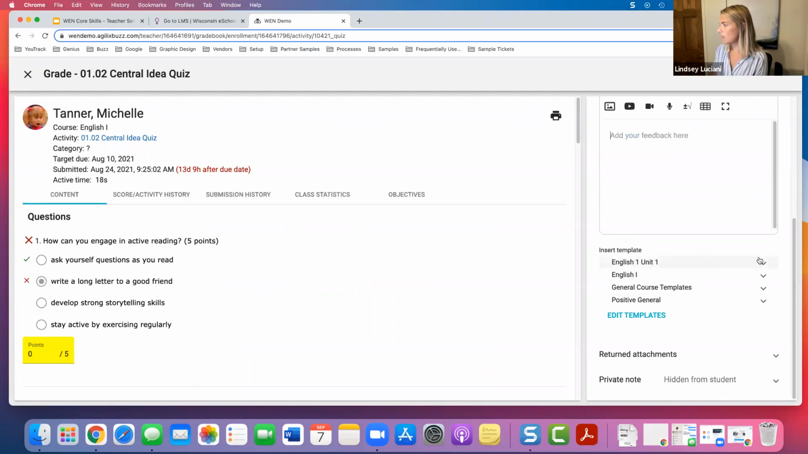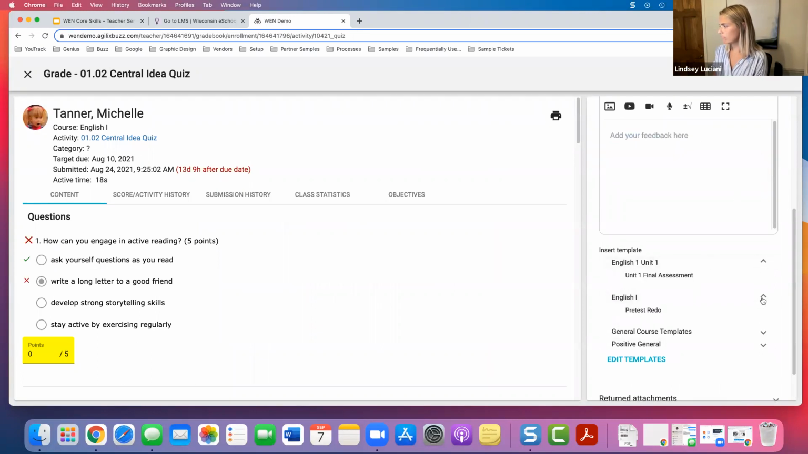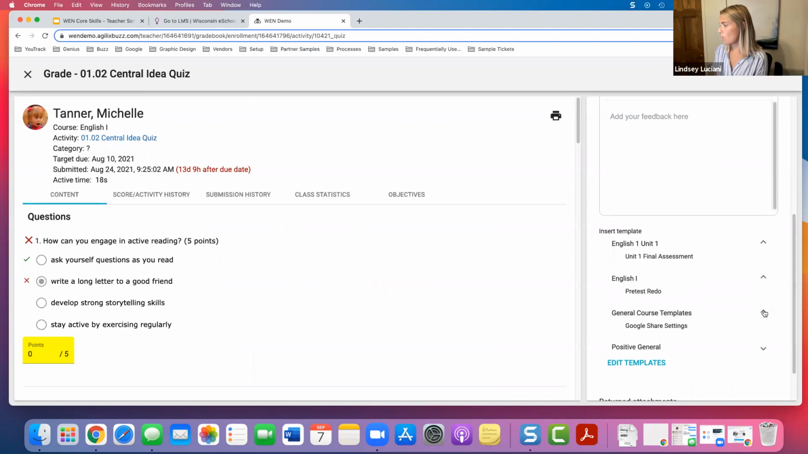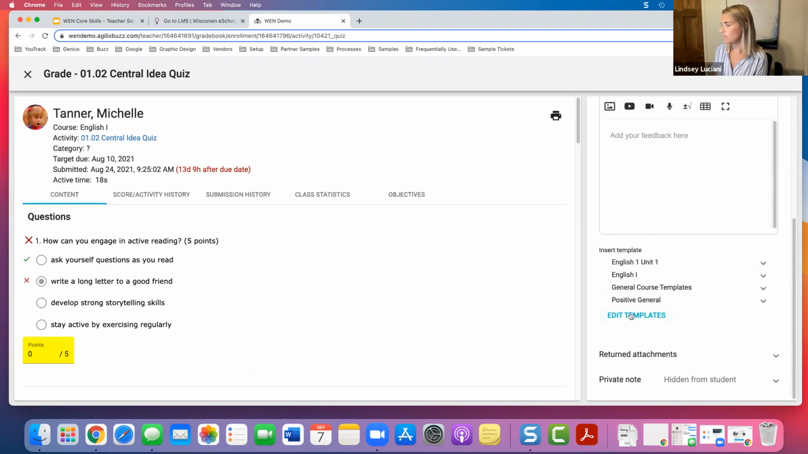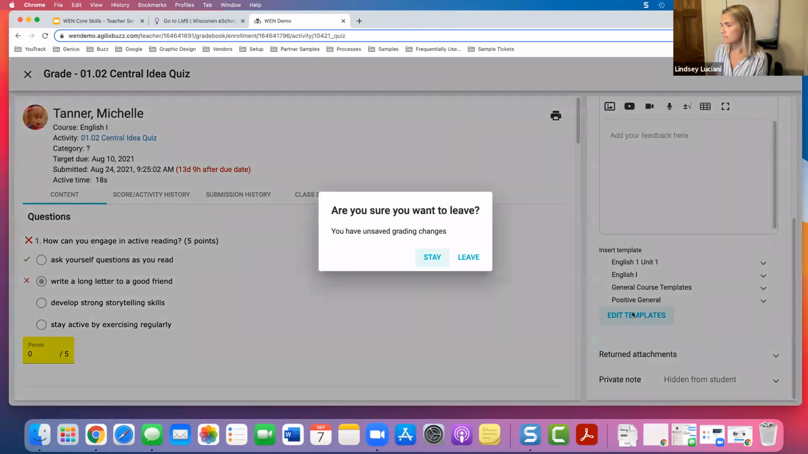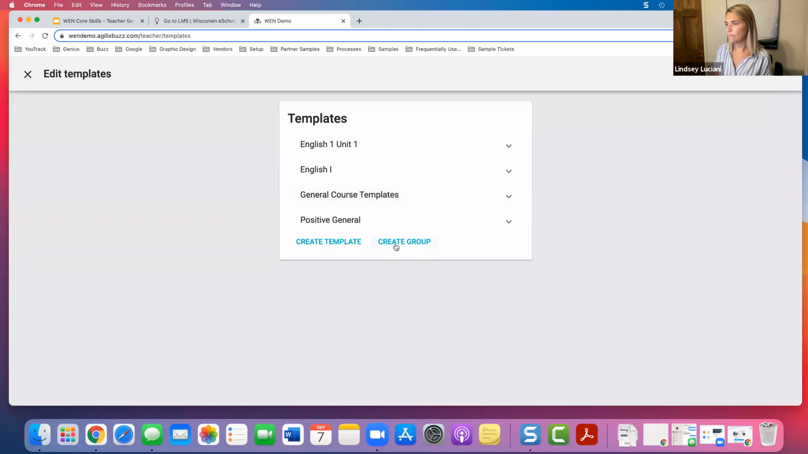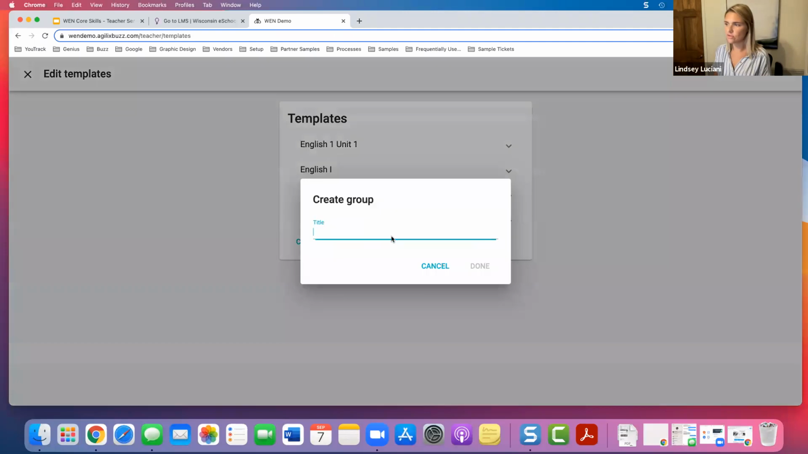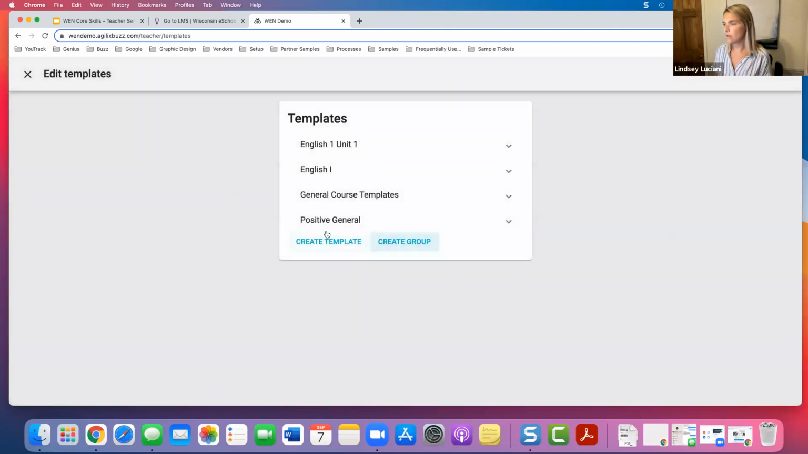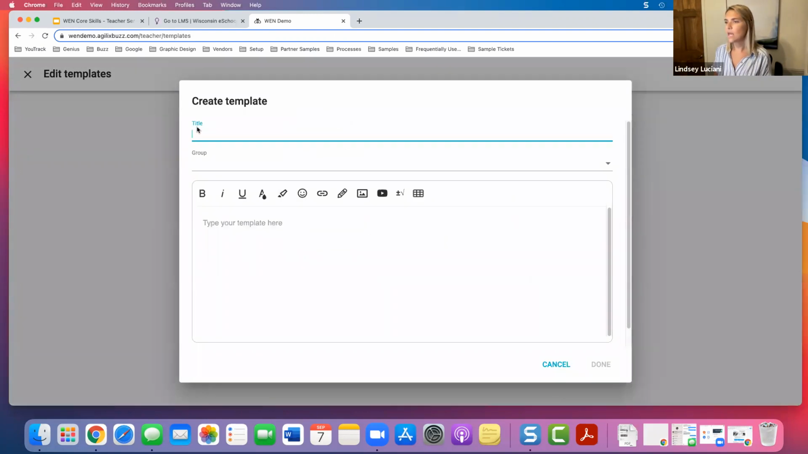So I could pick one that I've already created, or I can decide I want to create a new one. The ones you've already created will show up here. If you click edit templates, I'm going to click leave. Here you can create a group or you can create a template. I've already created some groups, but when you do that, you just create the group and then done. I'm going to create a template,